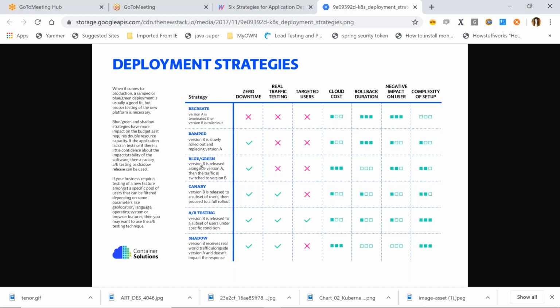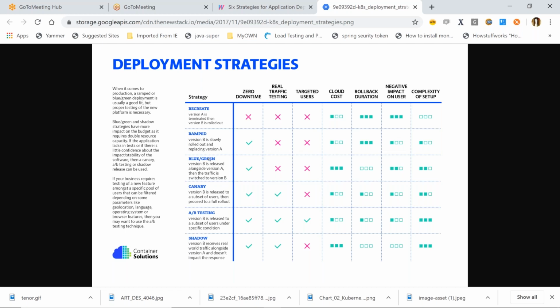For example, set A has 5 servers. You spin up another new 5 servers as set B, deploy the application, test everything, then do some network configuration, switching the route to version B. But in Shadow, it will be serving the real-time traffic also. That's not good, right? Before testing, you are routing real-time traffic to your new servers, and that may give bad results. That's why blue-green is preferred. So always blue is the production, green is the backup.